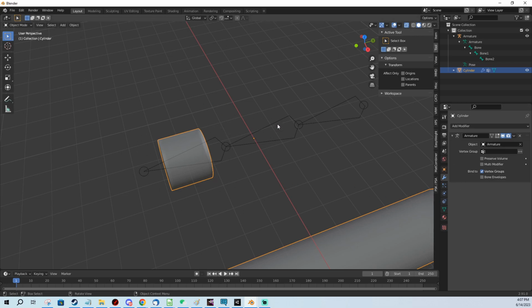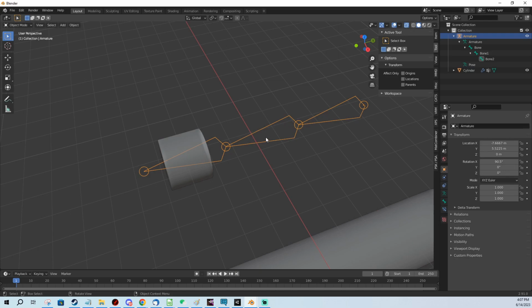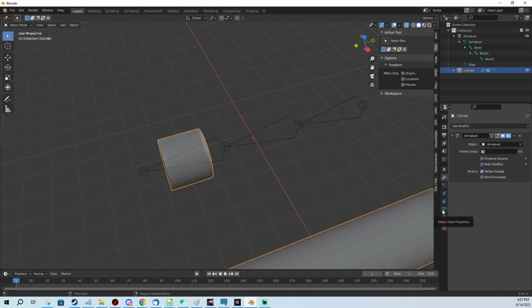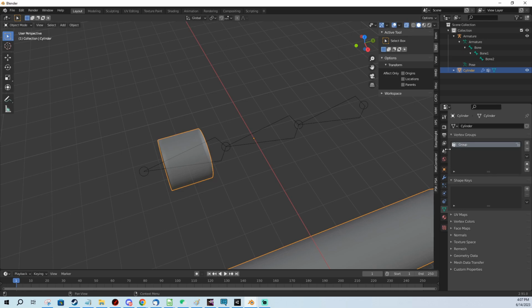The thing is, it doesn't know how to do it, so we need to tell it how to do it. For that, we create object data properties and vertex groups. Now this group has no meaning currently, it doesn't do anything. And for weight painting, you need to create a group for every bone that you want to influence your model, your